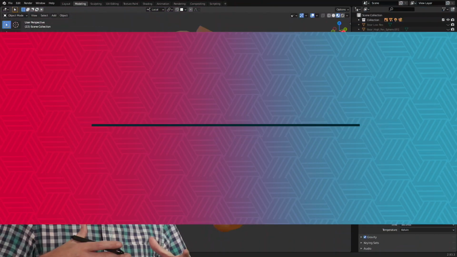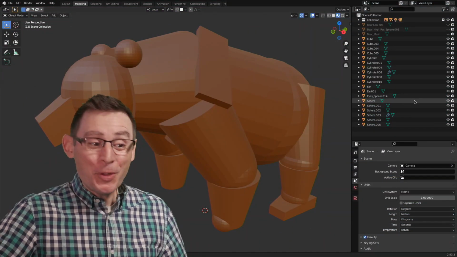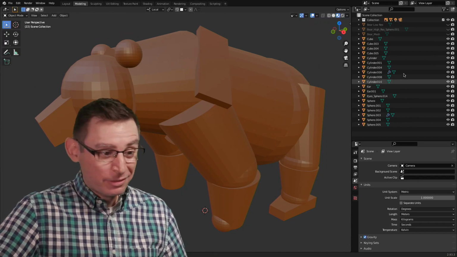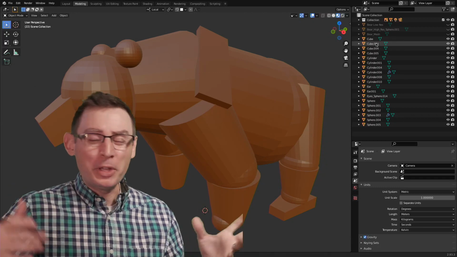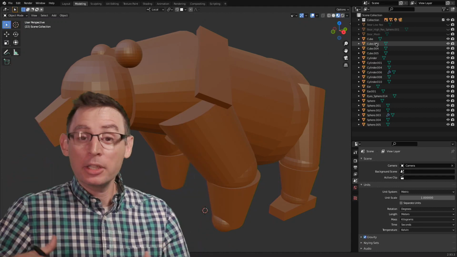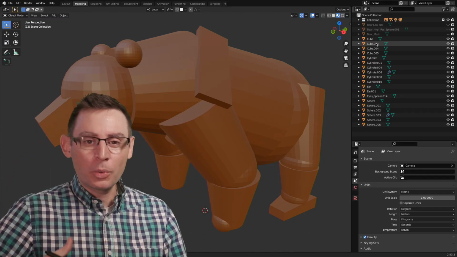I spent a lot of time working on the base model for my grizzly bear here. And if you look at the object list, man, it's getting really kind of gnarly. There's a lot going on in here, and they're all named just kind of their default names. Cube 1, Sphere 1, and I'm starting to get a little lost. I'm getting very confused as to the role and purpose of each one of these objects.